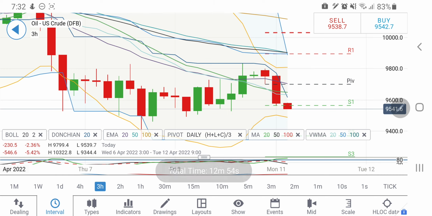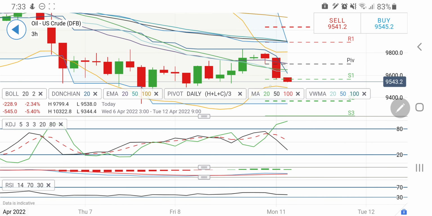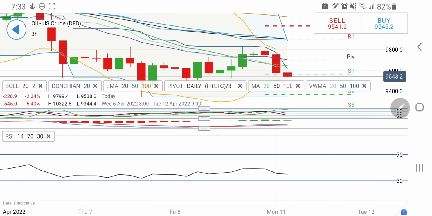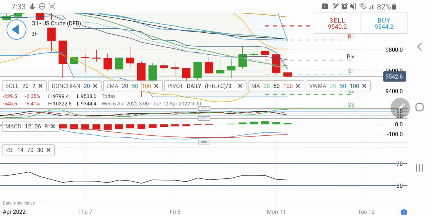On the upside, there is a stronger resistance at $99 levels, first at 97 and then at 99. So yes, if it breaks 96.5, you can go long for 97, and beyond that for 97.5. Only if it breaks $98 levels, I'll recommend you to go long. Till the time it remains below 98, I won't recommend you to go long. But yes, at 96.5, you can try to initiate a little long entry for targets of $97, 97.5. As I told, it may try to consolidate between 95 and $98 levels.